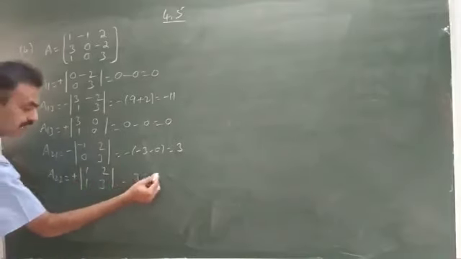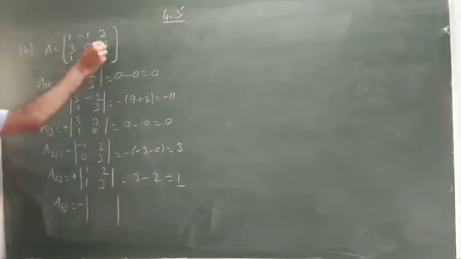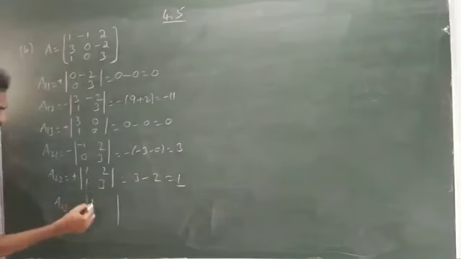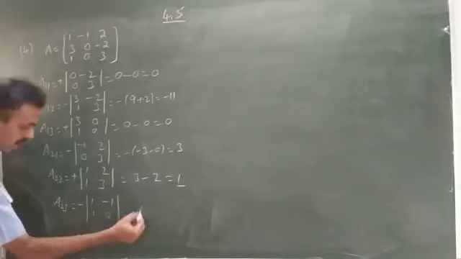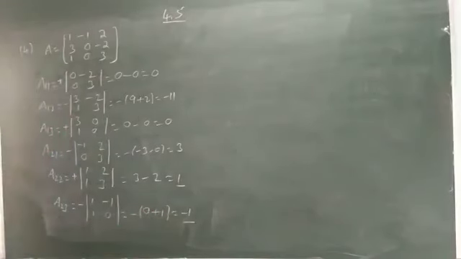What is the answer? 3 minus 2, which is equal to 1. Take up A23, the sign is negative, you want the cofactor of minus 2. Leave that row and column, 1 minus 1, 1, 0. Minus of 0 plus 1, which is equal to minus 1. Now,